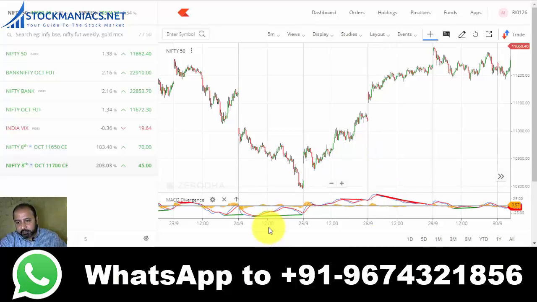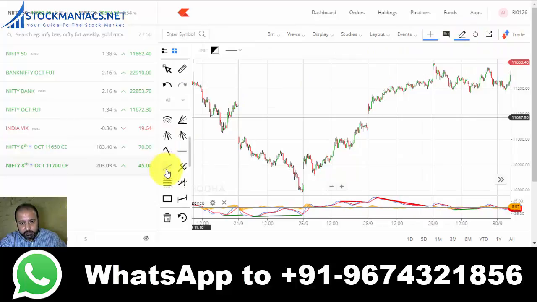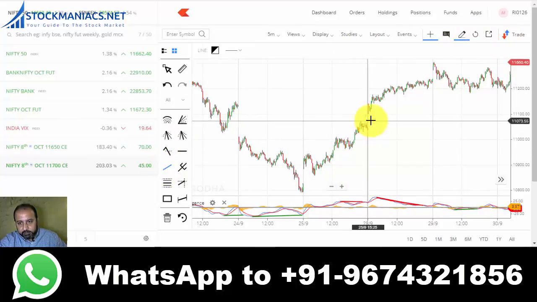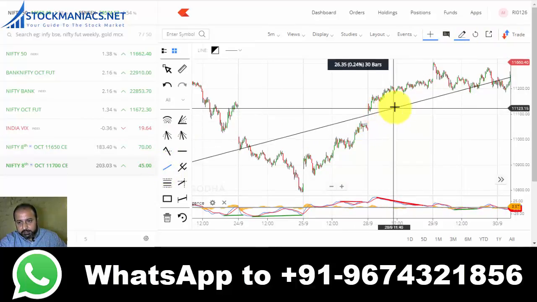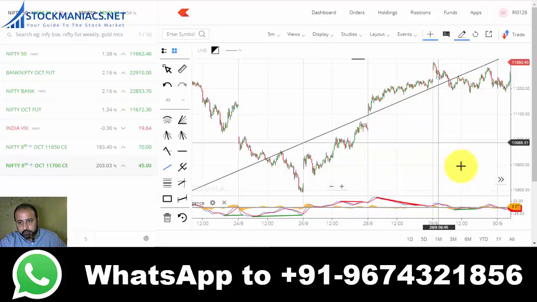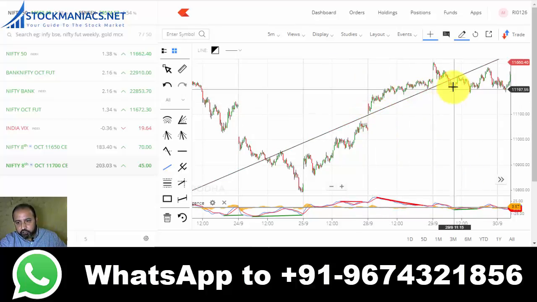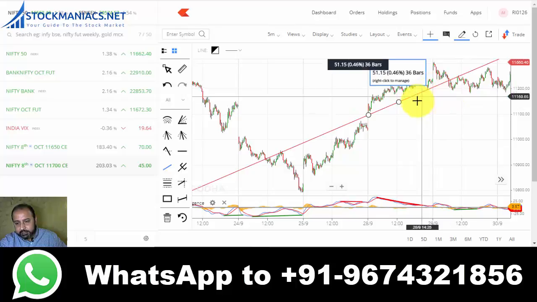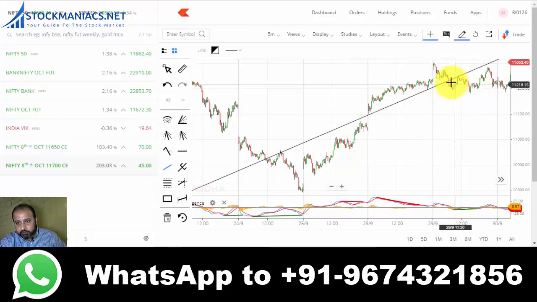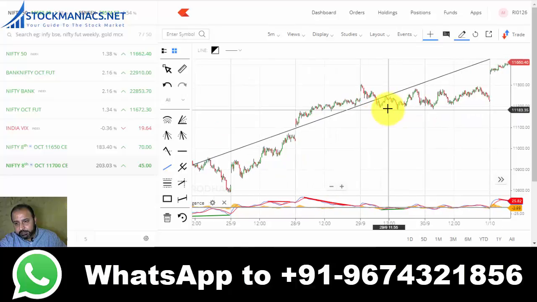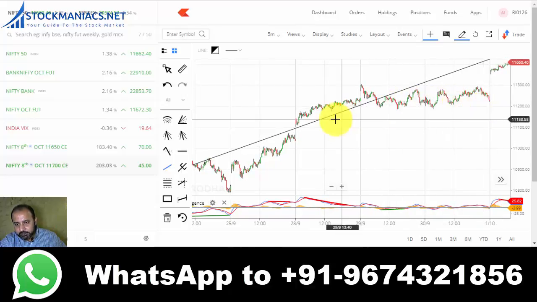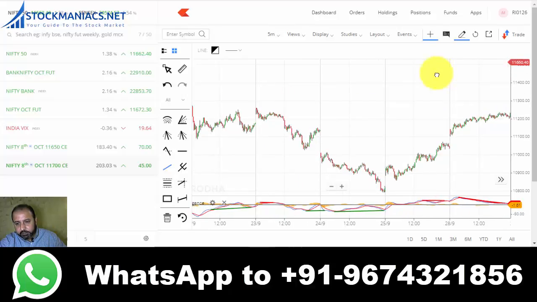Now let me show you some examples. Suppose here you are getting a bearish divergence. So let me add a trend line. Suppose this is a line. Let me connect all the bottoms. Here you will not short sell until and unless you get a trend line break. So you can short sell over here. I am finding that this short sell has not done much, so all the trades will not be very profitable.